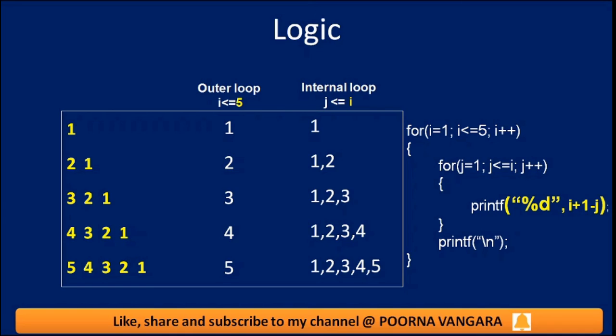Now you can try this with one example. Consider the third line. In the third line, what is the i value? i equals 3. And what are the j values? 1, 2, 3. And what is the character you need to print? i plus 1 minus j. First find i plus 1. For the third line it is 4. Now you subtract these j values from 4. 4 minus 1, 3. 4 minus 2, 2. 4 minus 3, 1. Done. Simple. The pattern is not going to change, only the character is going to change for different types.